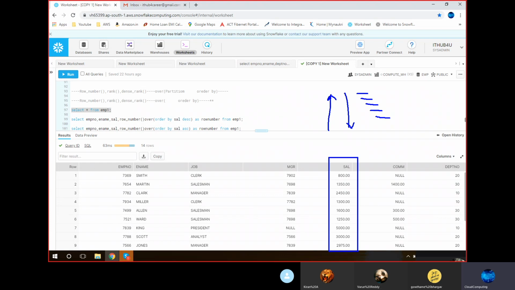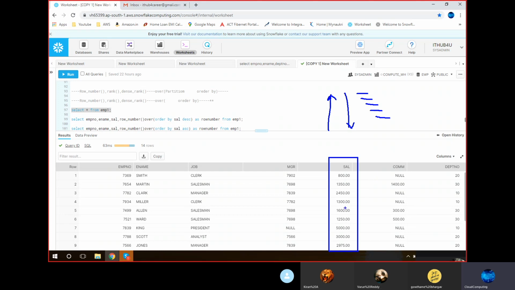It looks a bit different, but if you remember that I am doing rank, dense rank, row number, and on top of which data I am doing it: on top of salary. If the salary is in random order, not in proper order, is it possible for me to provide rank or dense rank? The answer is no, because the data is random.